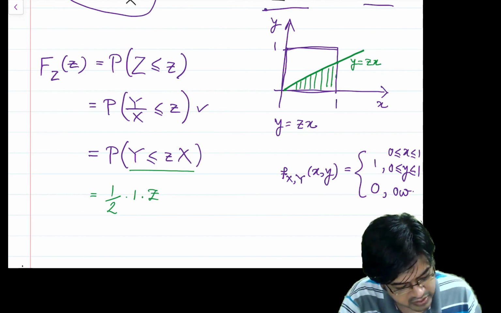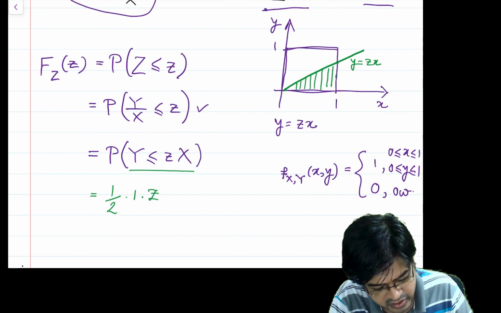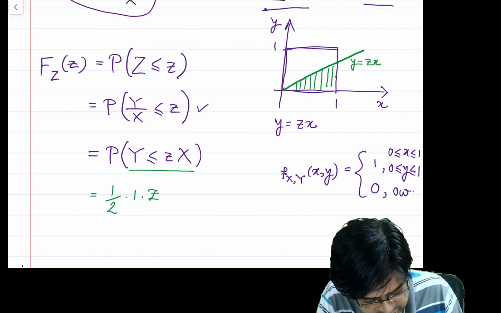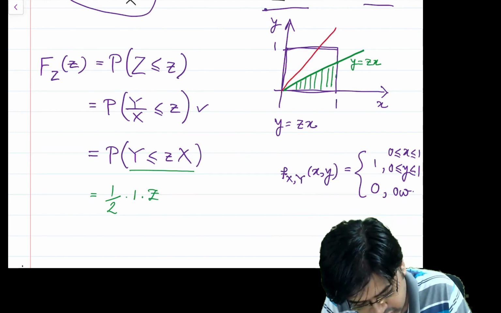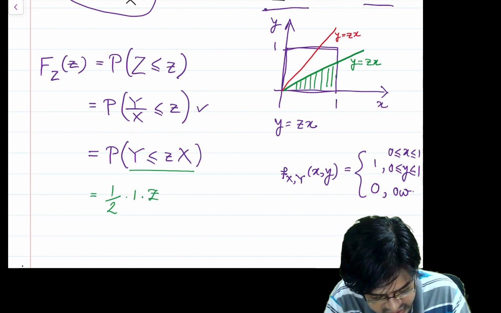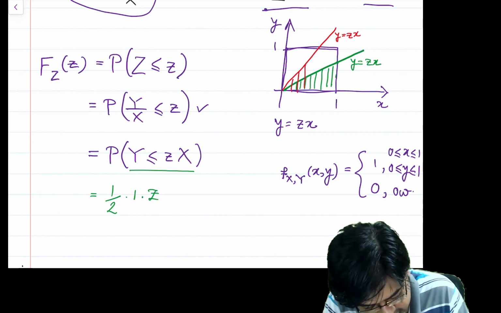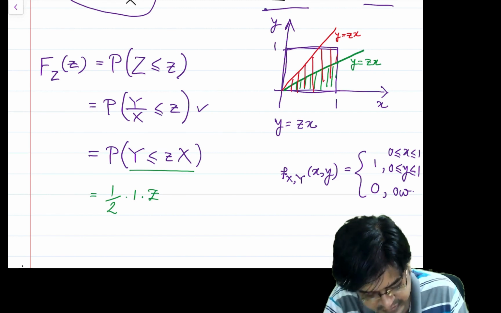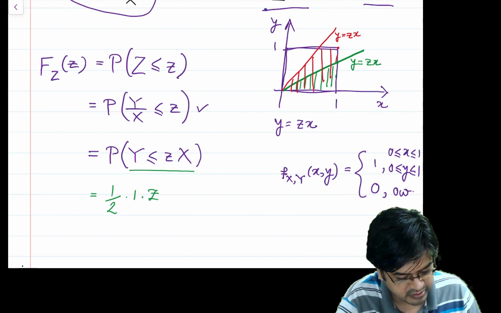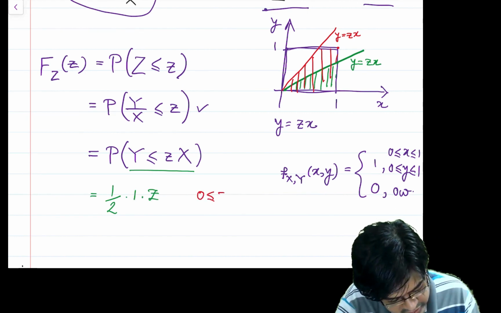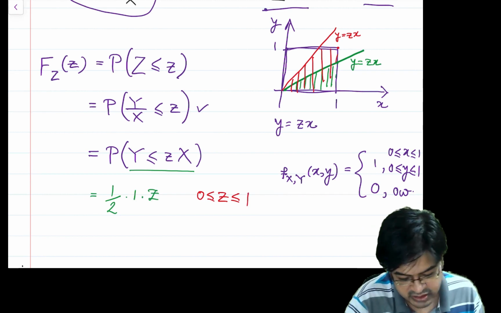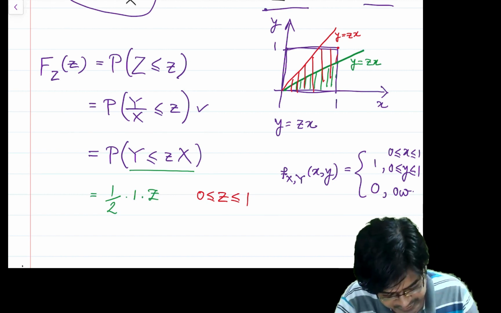Okay, but now the line y less than or equal to zx will also have some formulation in this form, that is, it can actually pass through this also, and this line is also y is equal to zx, and in that case my notion of area is not working out, because I am not having a triangle. You can see this figure, right? So how long does this notion work out? This notion works out till I reach this point. That means this notion actually works out when 0 is less than or equal to z is less than or equal to 1. Okay, so then when z is greater than 1, what can I do?